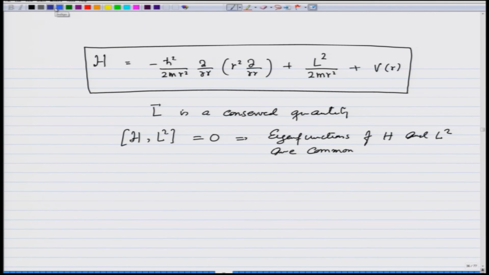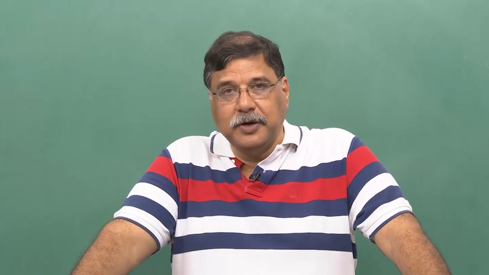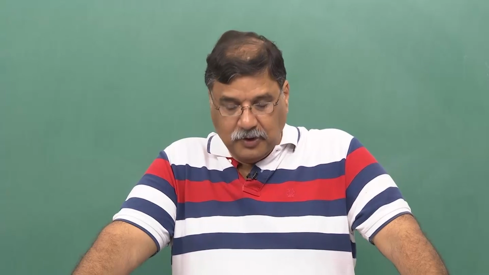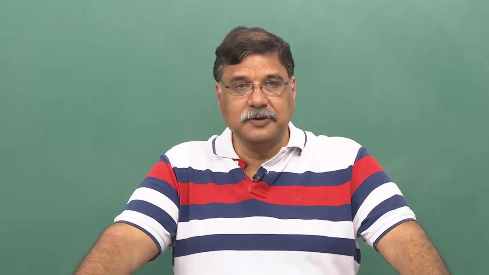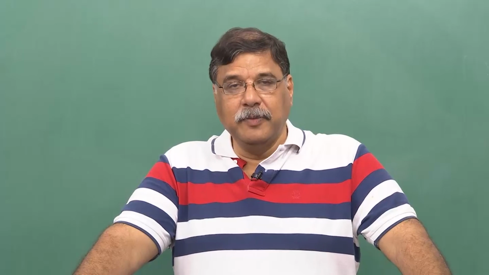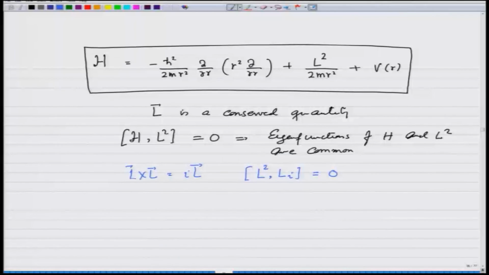So, just to conclude this lecture, we have derived the L operators, and shown that L cross L is iħL, and that means that I cannot find simultaneous eigenfunctions for all components of L. It is also easy to show, after I have calculated L square, that the commutator of L square and any component Li would be 0. So, I can find common eigenfunctions of L square and any component, but only one component, because for all other components I cannot, because of the first relation, L cross L equals iħL. And we have also seen that for